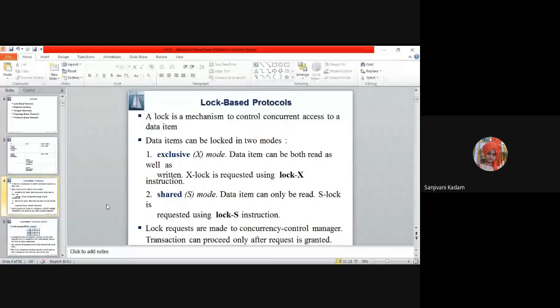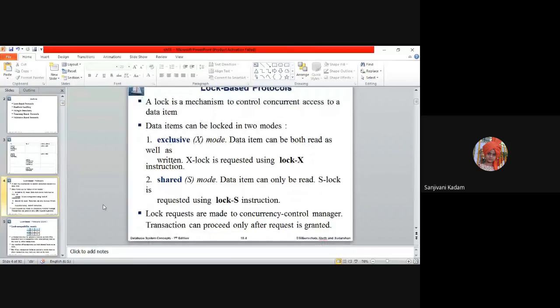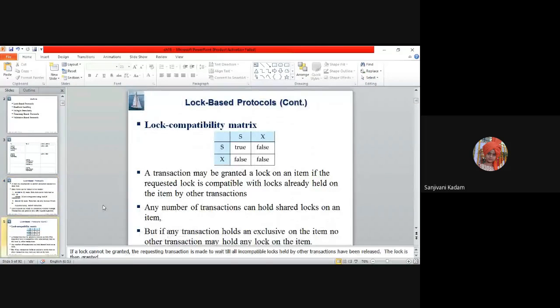There are two types of locks, shared and exclusive. Exclusive lock is used for both reading and writing operations, and shared lock is used only for reading. Based on the compatibility, the concurrency control manager will decide whether to grant the request of the lock or not.